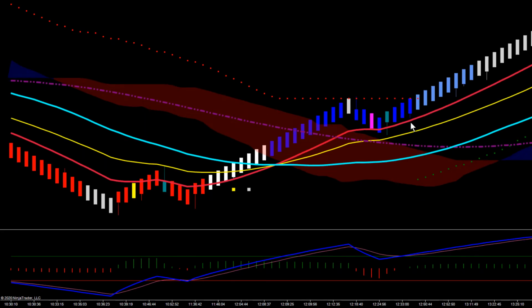41.86. Upside target was actually 42.23. We ended up breaking above that by a little bit, but target was 42.23. So a pretty quick, easy 280, $300 a contract, depending on how you're managing your trade, but at least $280 per contract if you traded to the entry or traded to the target,